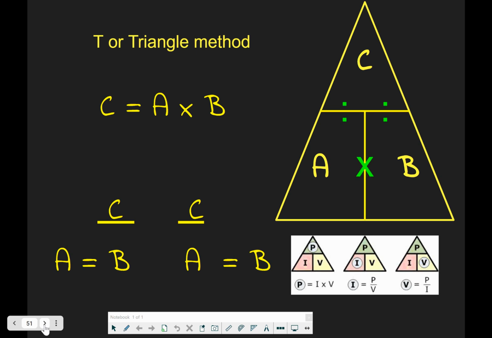The T method is also called the triangle method. What you do is you have to figure out how to put your pieces of direct measurements in this triangle. So if you have an equation that says something like C equals A times B, what you are going to do